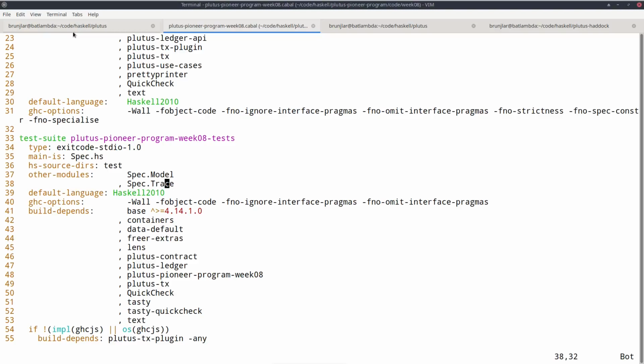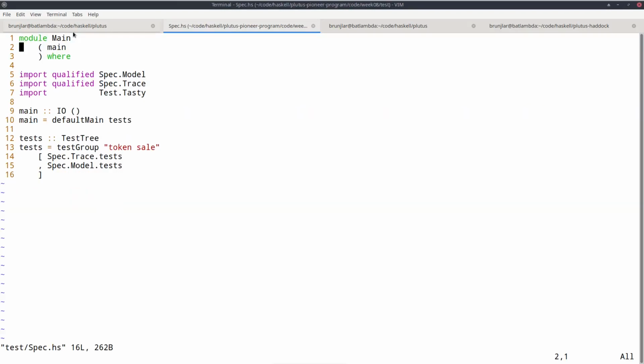So this is the one with the emulator trace. This is the one we discussed just now. So let's finally look at this Spec.hs. And this simply imports the two modules that contain the tests and Tasty, and uses this defaultMain and sets up a test tree.